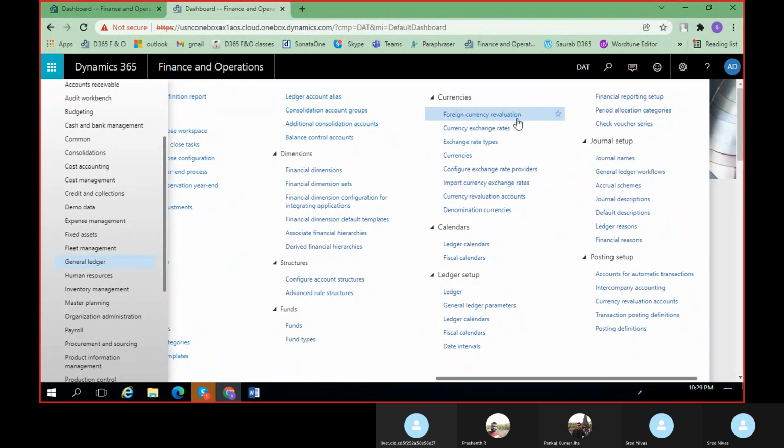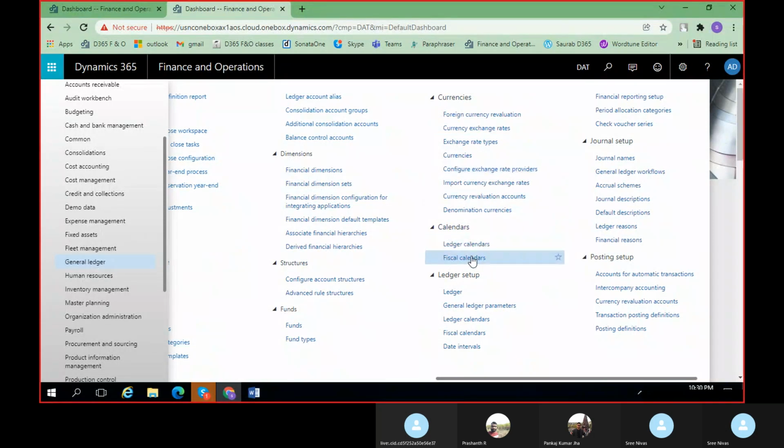And foreign currency revaluation. Unless you configure this foreign currency revaluation, it won't allow you to do the revaluation while doing the year end close or month end close. And currency exchange rates, I was explaining, right? From INR to USD, you will have to give that currently, if it is 70 rupees or 75 rupees, manual it is not possible for us. So you will have to define that by importing the currency exchange rates and the currency revaluation accounts, denomination currencies. All these topics we'll discuss under the currency.